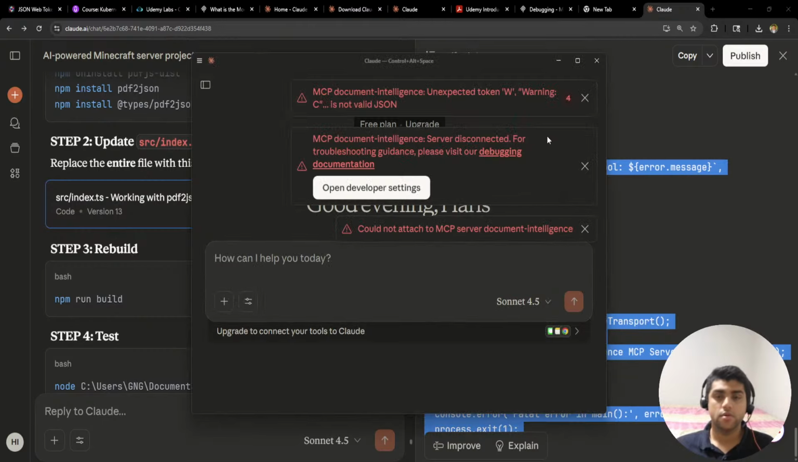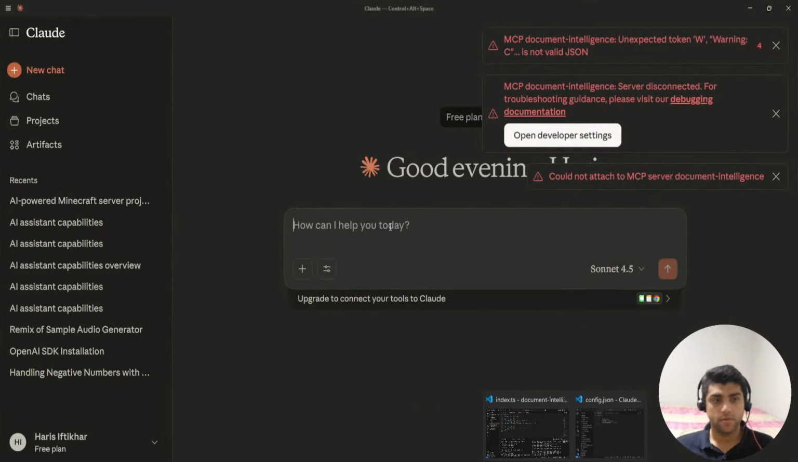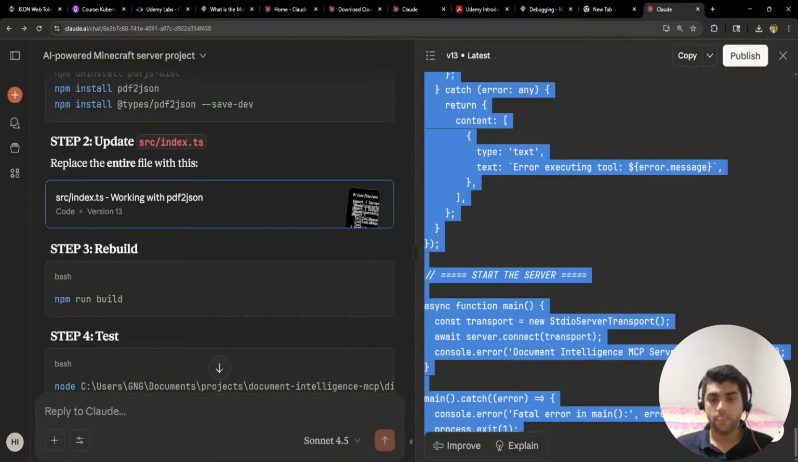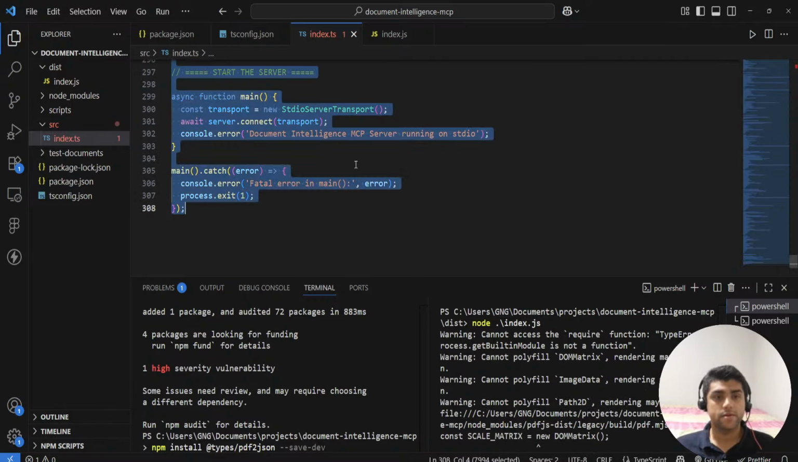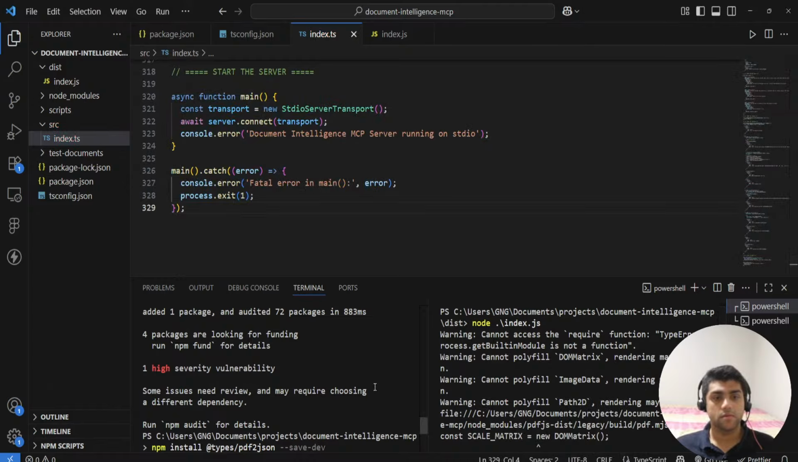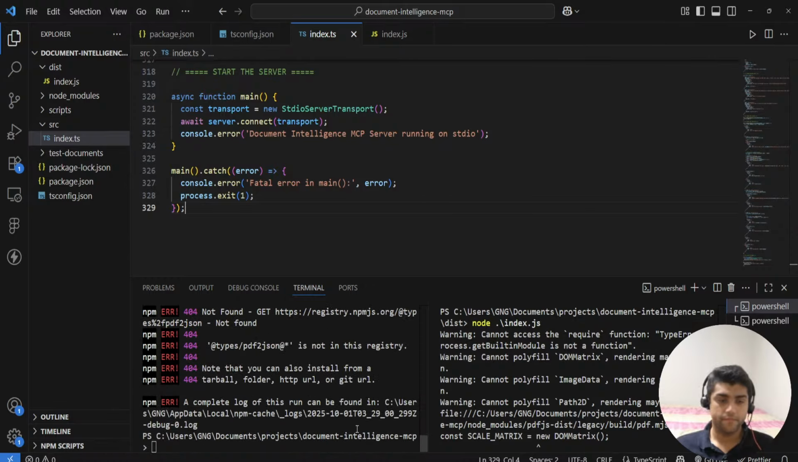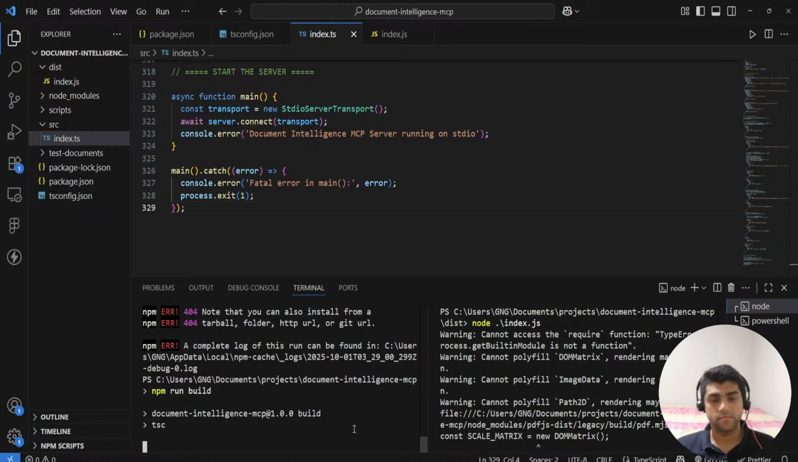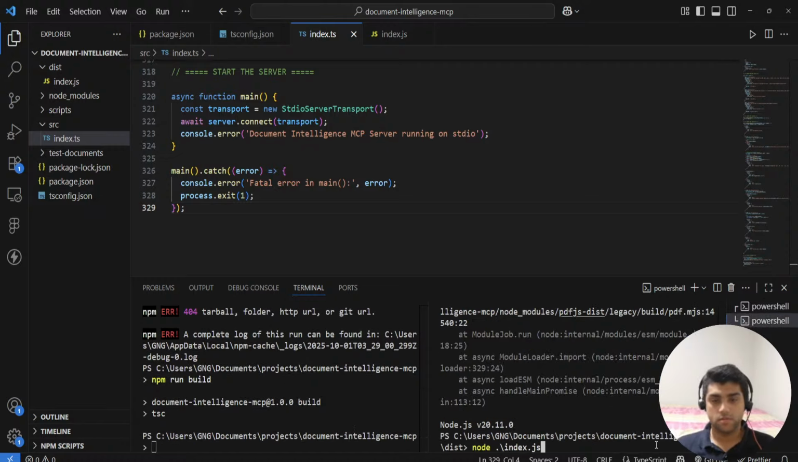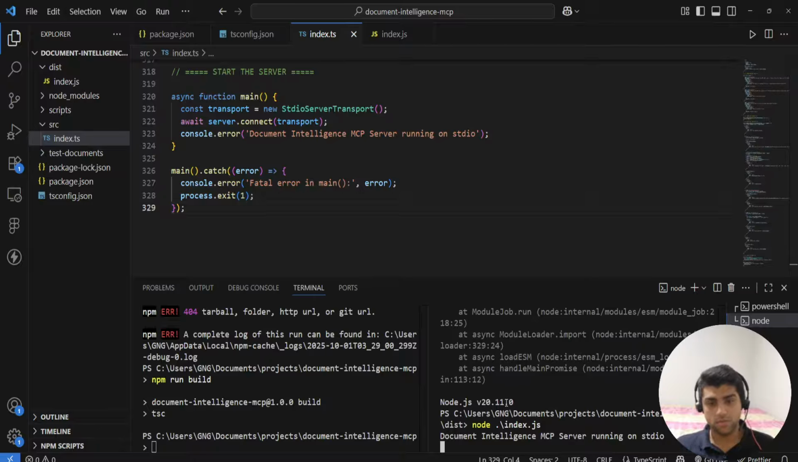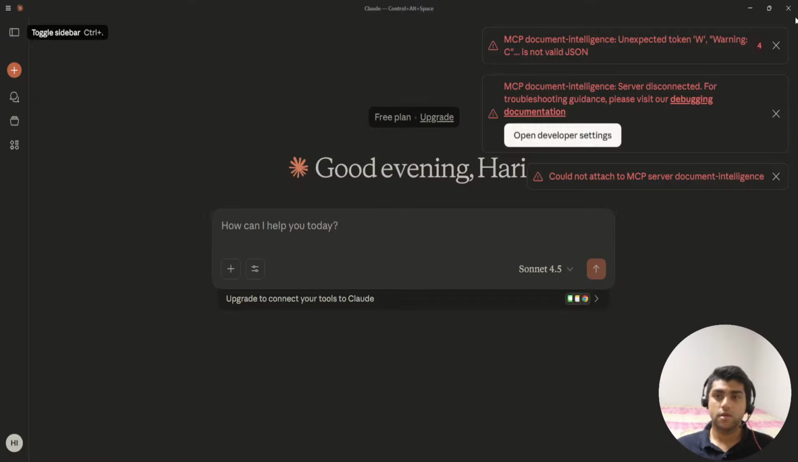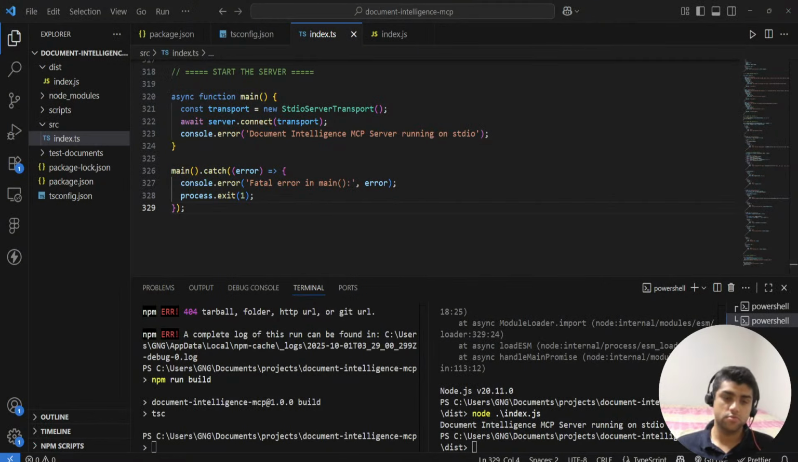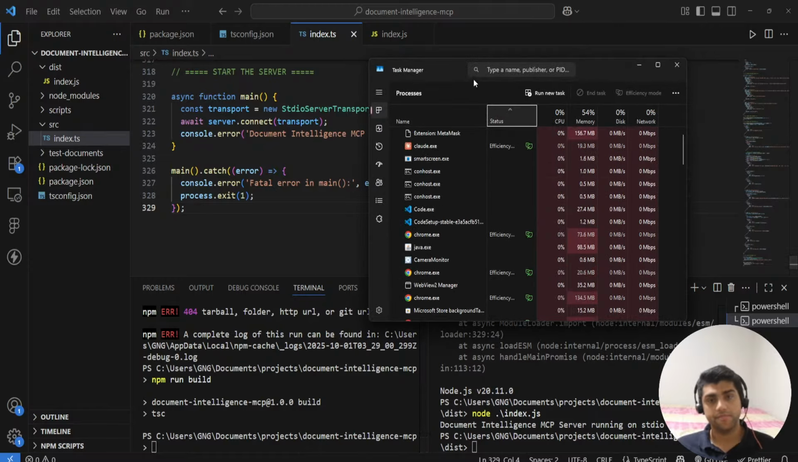Let's see. So I'm gonna go here, index.ts, build, index.js. Document Intelligence MCP server running on Studio, finally. And then hopefully if I go to Shift Escape,